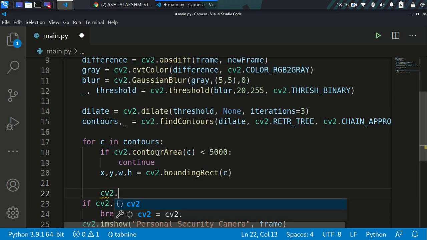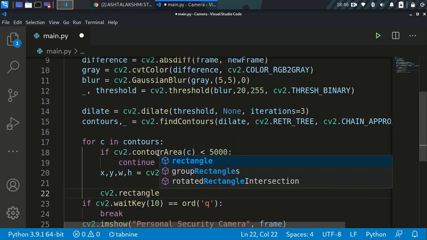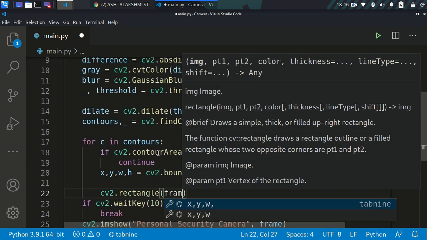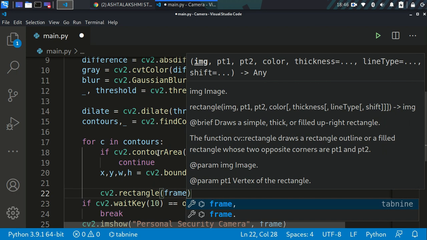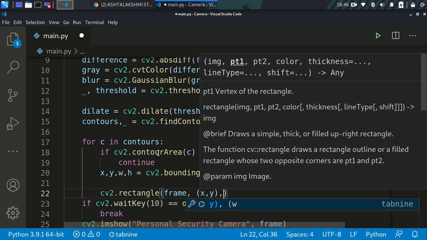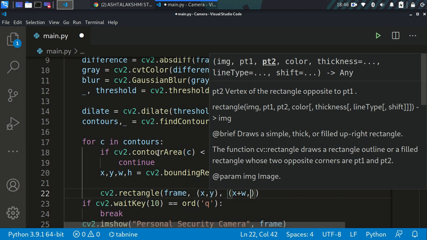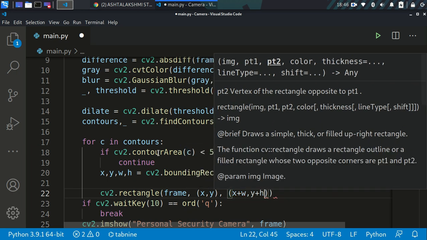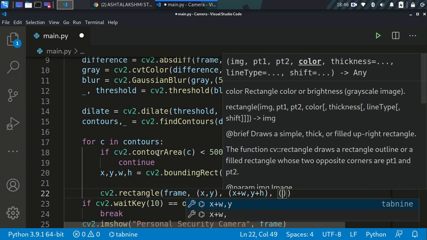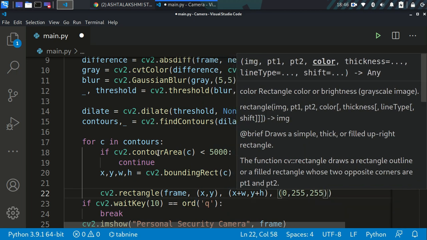And now we will draw a rectangle from it. We know the x and we know the y, so we will just add them up to draw the rectangle. X plus w will be our horizontal line, and y plus h will be our vertical line. So we will draw it by cv2.rectangle, and then frame, comma, x comma y, it is the coordinate where the drawing of the rectangle will start, and then x plus w and comma y plus h,